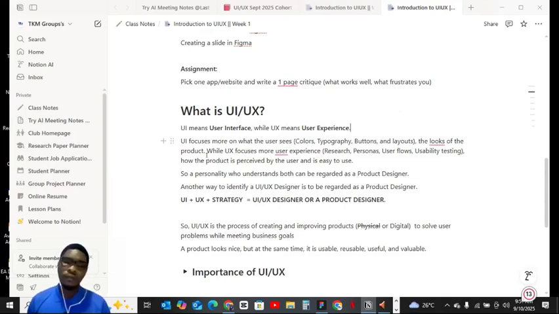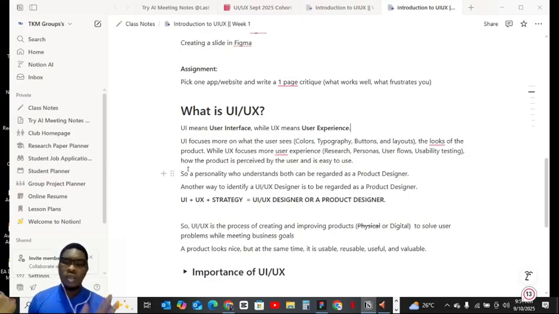Like I said, the UI, the user interface, focuses more on what the user sees. What are they using their eyes to see? The colors, the typography, that's the text, the buttons, the layout, just like WhatsApp nowadays or any application that we use.